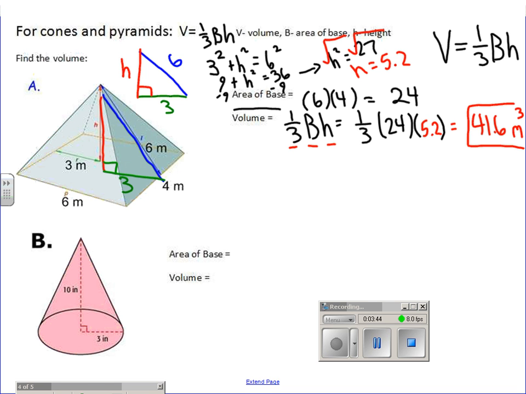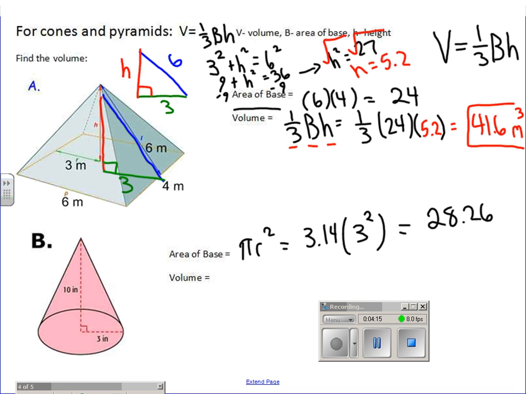Now, example B is a little bit easier. That pyramid, finding that height is challenging, but you can do it. The cone, this is an easy example. For the area of the base, we just have to do pi r squared. So that's 3.14 times 3 squared, because the radius of that base, that circle, is 3. 3 squared is 9. 9 times 3.14